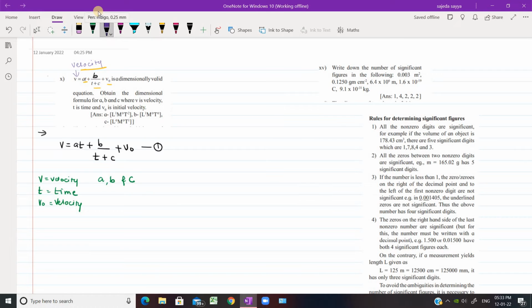So to find the dimensions, we are going to take into consideration the dimensions of velocity, the dimensions of LHS. Velocity unit is meter per second, so it is L1 T raised to minus 1. Therefore, let us equate one by one the dimensions of LHS